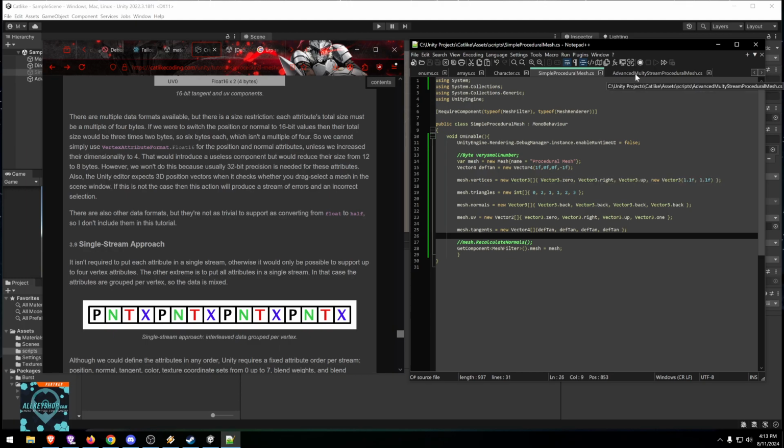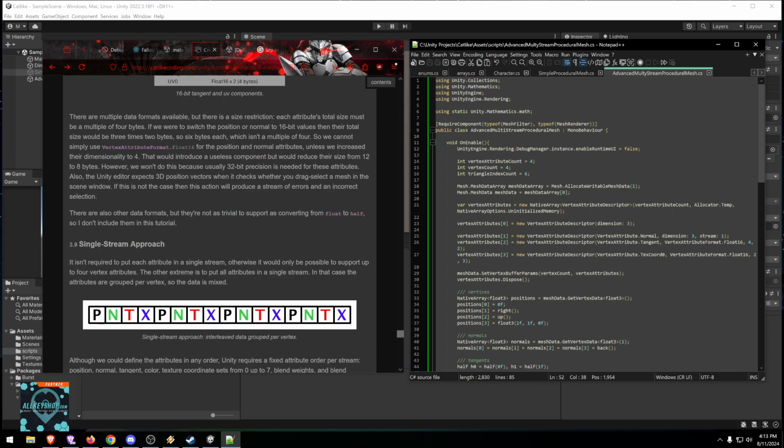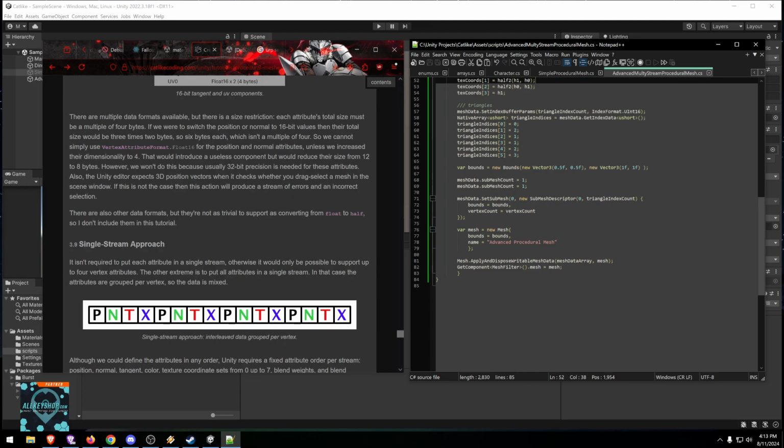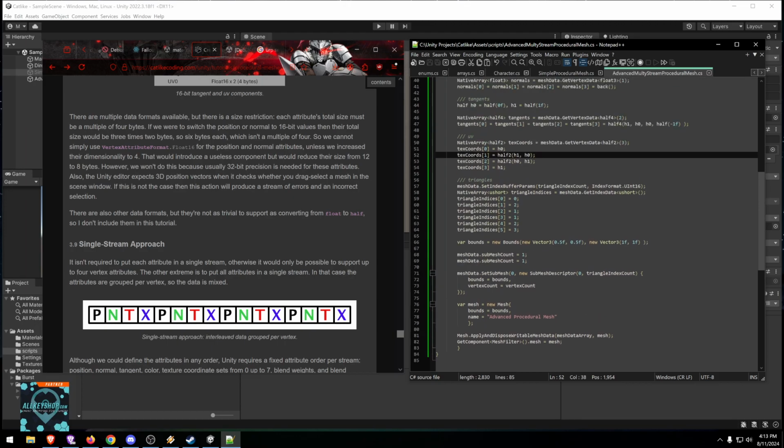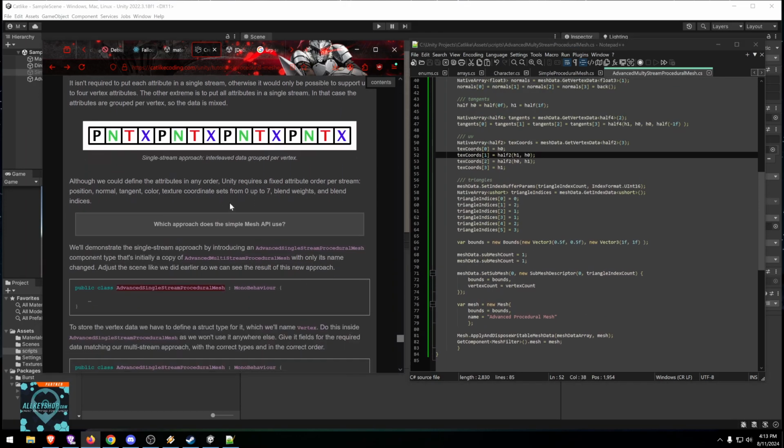But to be more effective and efficient, you gotta do something more complicated. I'm not going to pretend I know what is happening here, so I'm just following along the Catlike Coding tutorial